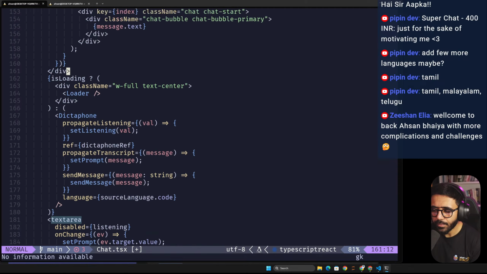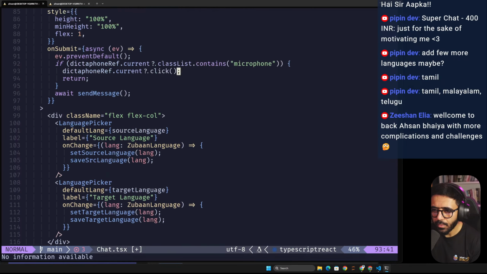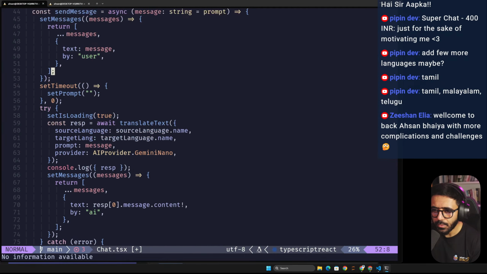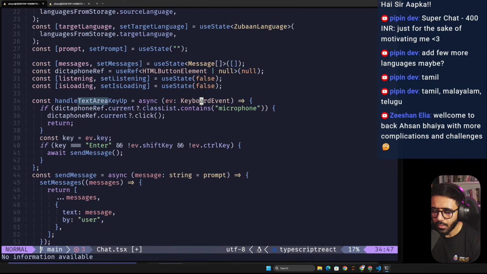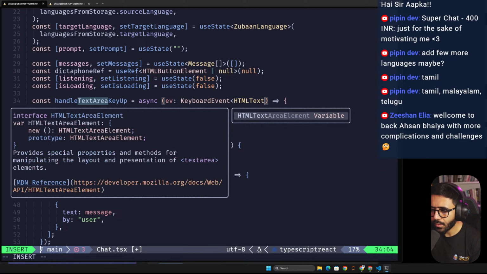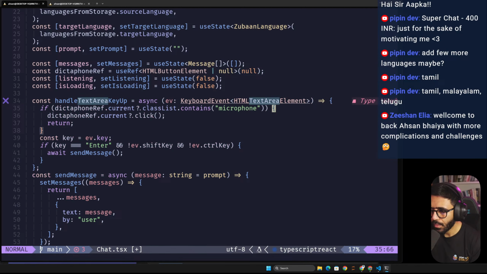Aha, okay. So that's why. So where are you, Mr. Function? Text area element. Type keyboard